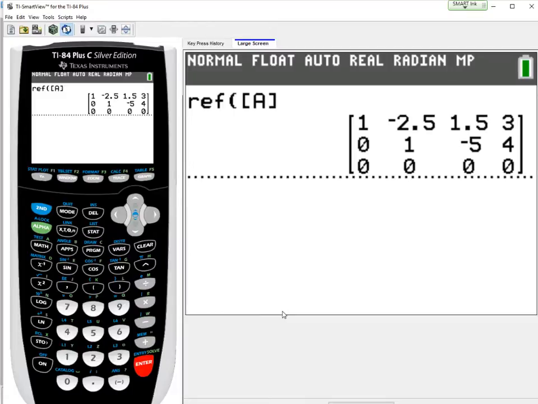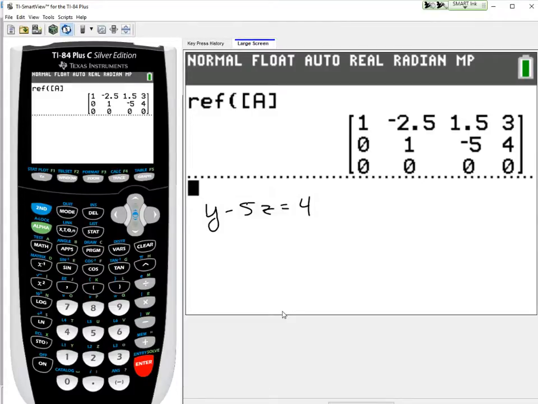Okay? So here's what you're going to have to do. You're going to have to go back into equation mode. All right? So I see this. This is okay. All this is telling me that it's a dependent system. I'm going to have infinitely many solutions. I still need to get solutions for X and Y and all that business, okay? All that jazz. But here's what I know. I do know that Y minus 5Z is equal to 4. Right? If you translate that second equation, that's what it is, correct? Yeah. And the top one says,